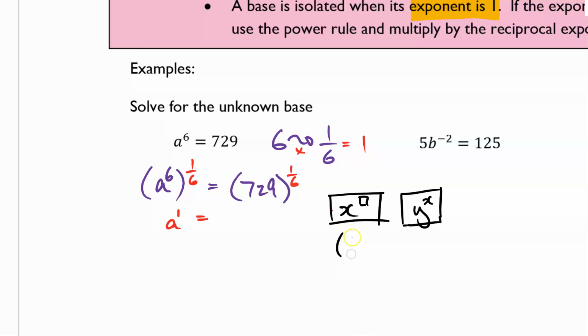Again, you punch in 729, and up here for the exponent, after you press this button, you're going to type in 1 divided by 6, okay, in brackets. Or you can also punch in, if you've got a fraction button, 1 over 6 as well, okay? So you can do either one, but make sure you get the order right, and make sure you get the calculator to understand that you are trying to do 1 divided by 6, okay, in brackets. That's very, very important. And if you do that, you get 729 to the exponent 1 divided by 6, close the bracket around that,